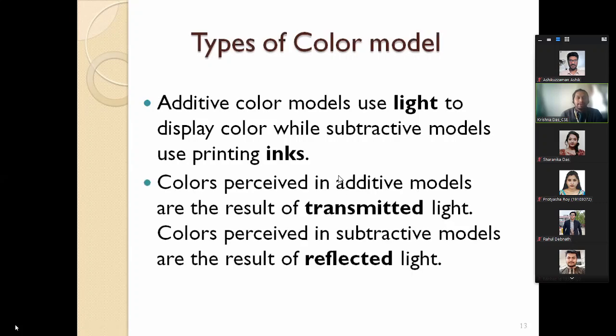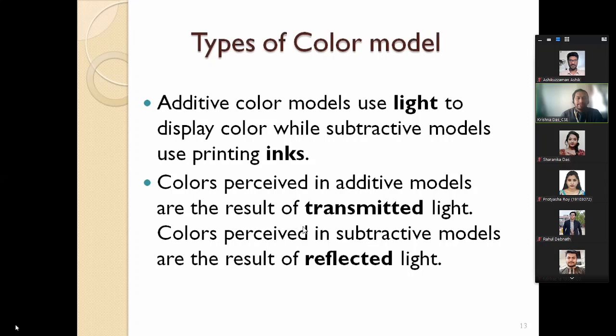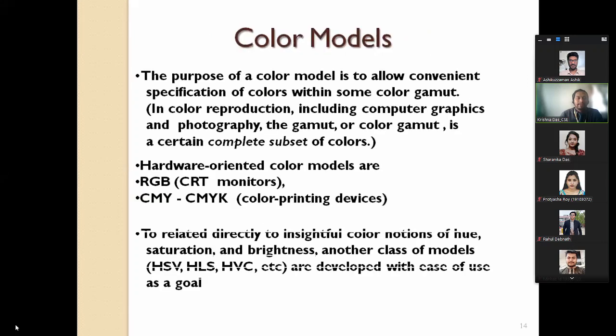This transmitted light and reflected light, this additive and subtractive, are the two models. We have seen that the additive model can be called RGB, the primary colors, and it has exactly the reverse relationship with CMY, which is for color printing devices.